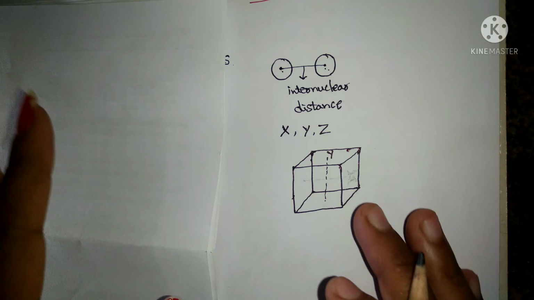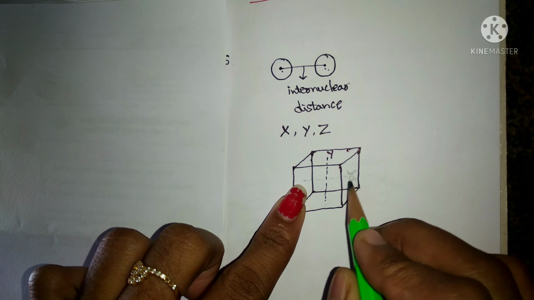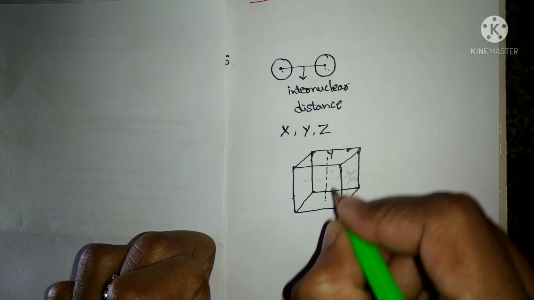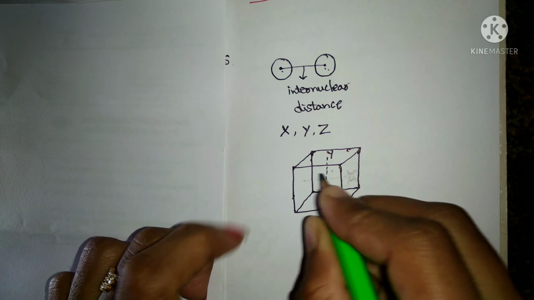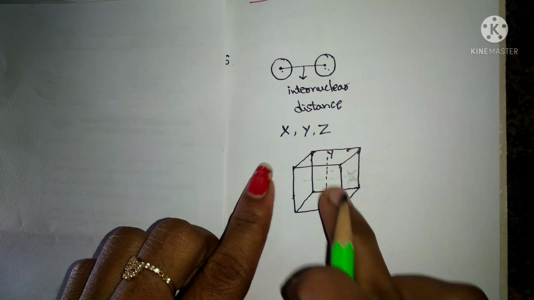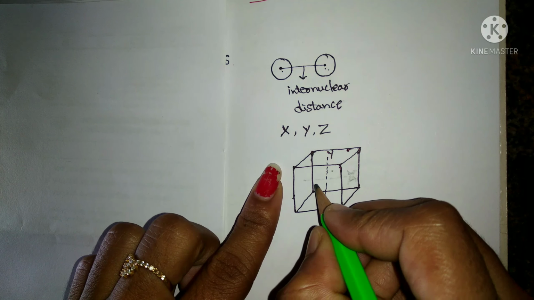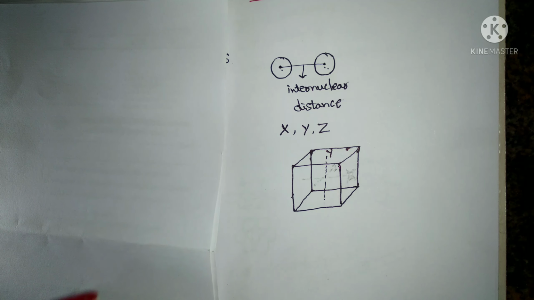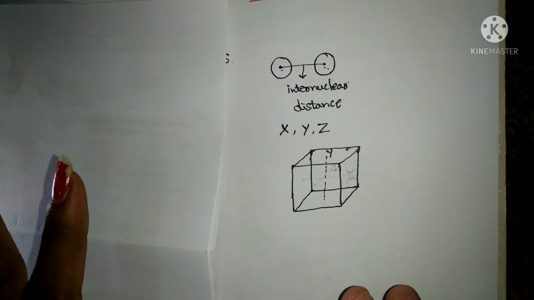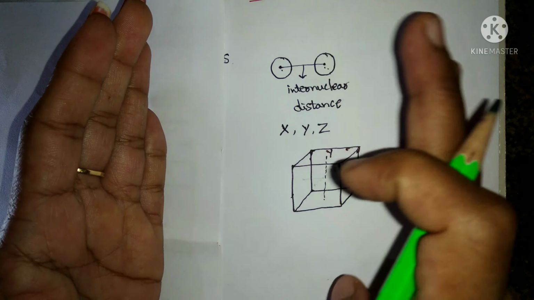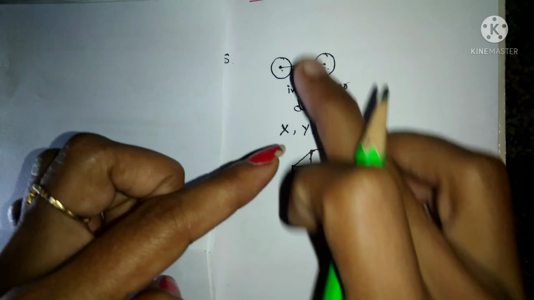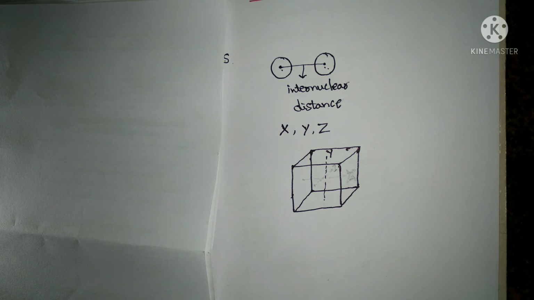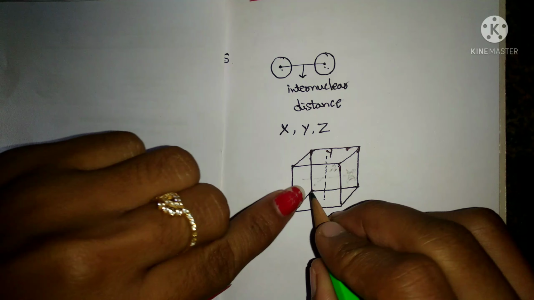In space we can't define that only this axis should be this one. Generally on paper representation, horizontally we consider the x axis, vertically the y axis, and from that end to this end of the cube, in that area, this is the z axis. Are you having any confusion, students? From left end to right end is the x axis, from top to bottom the y axis, and from our side to the opposite side the z axis.